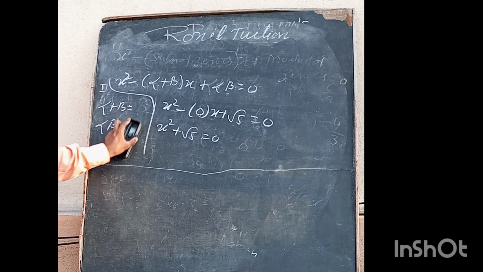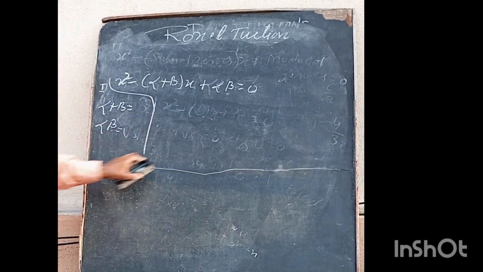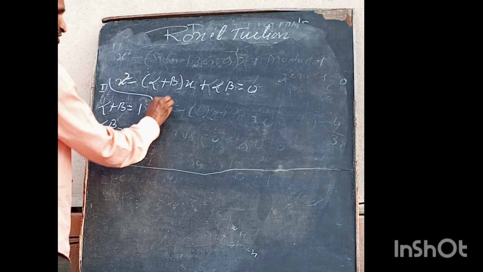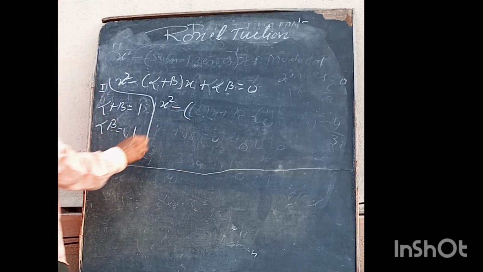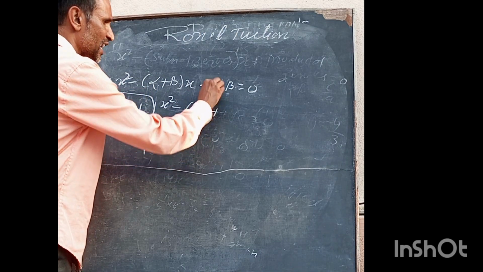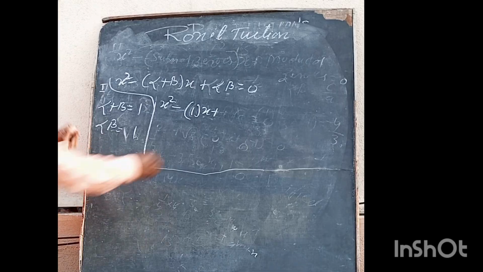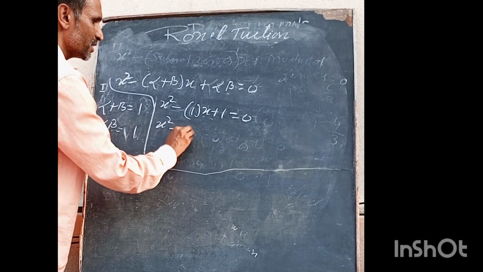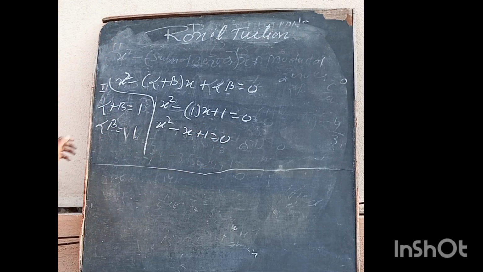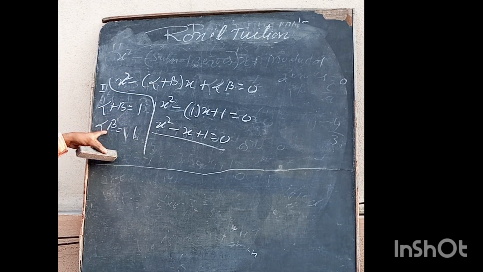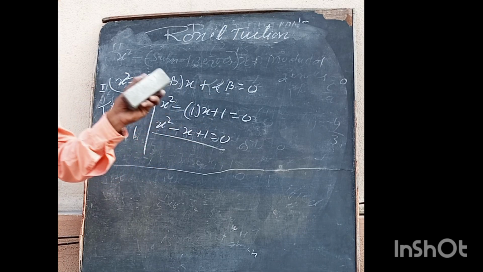Next, the question number 4 is given, 1 and 1. Writing x squared as it is, minus (alpha plus beta), the sum of the zeros given 1, 1 into x plus alpha beta, the product of the zeros given 1, so 1 is equal to what? 0. We can write it like this, x squared, 1 into x, x only, plus 1 is equal to 0. This is the quadratic equation formation. Whatever sum of the zeros is given, you have to keep here, and the product of the zeros given, keep here.